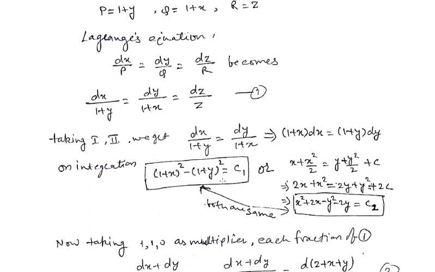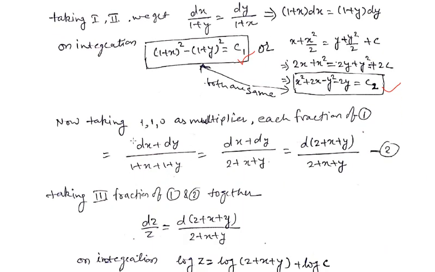These both are same, because when we open this square we get the term x square plus 2x plus 1, and here y square plus 2y plus 1, and this 1 in both terms cancels out. So the remaining term will be x square plus 2x minus y square minus 2y, which is same as this. So these both are same. So here one integral u is 1 plus x whole square minus 1 plus y whole square. To find another integral, let's choose P1, Q1, R1 as 1, 1, 0.